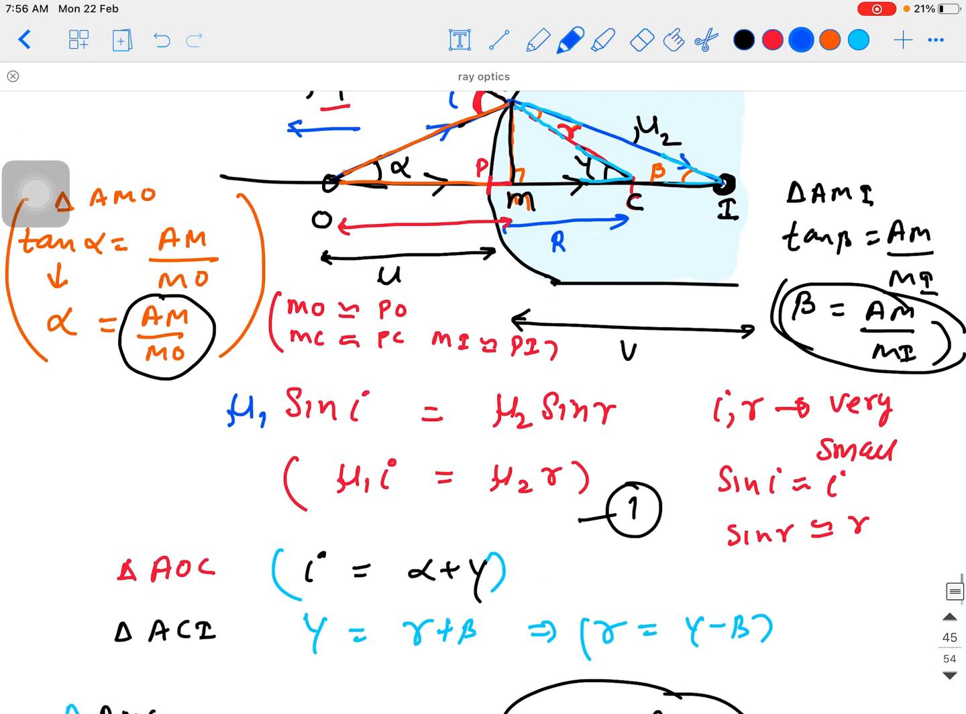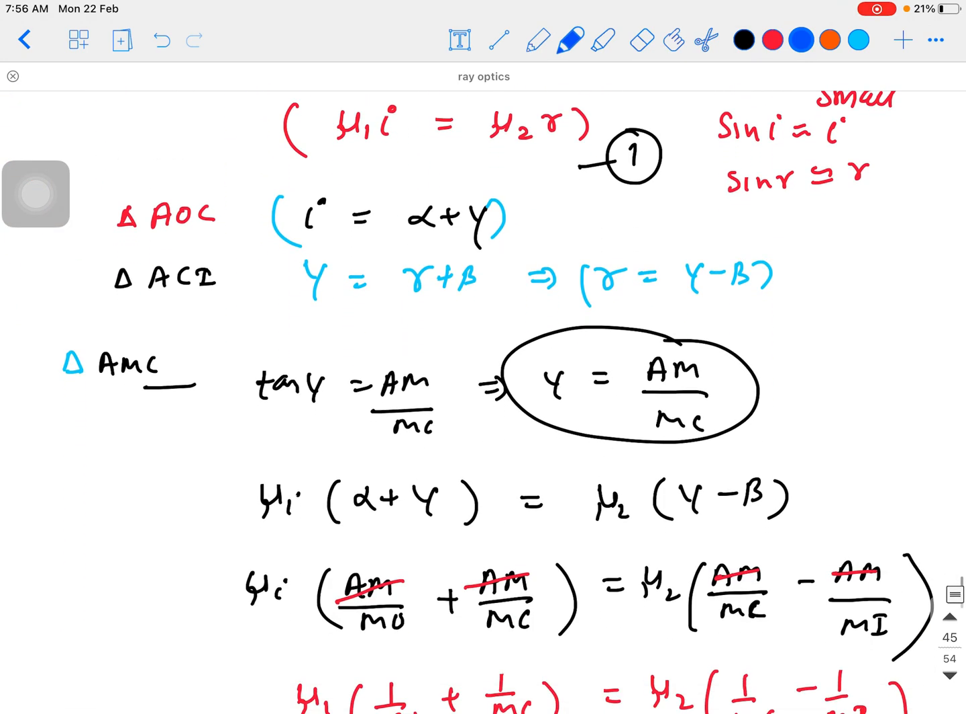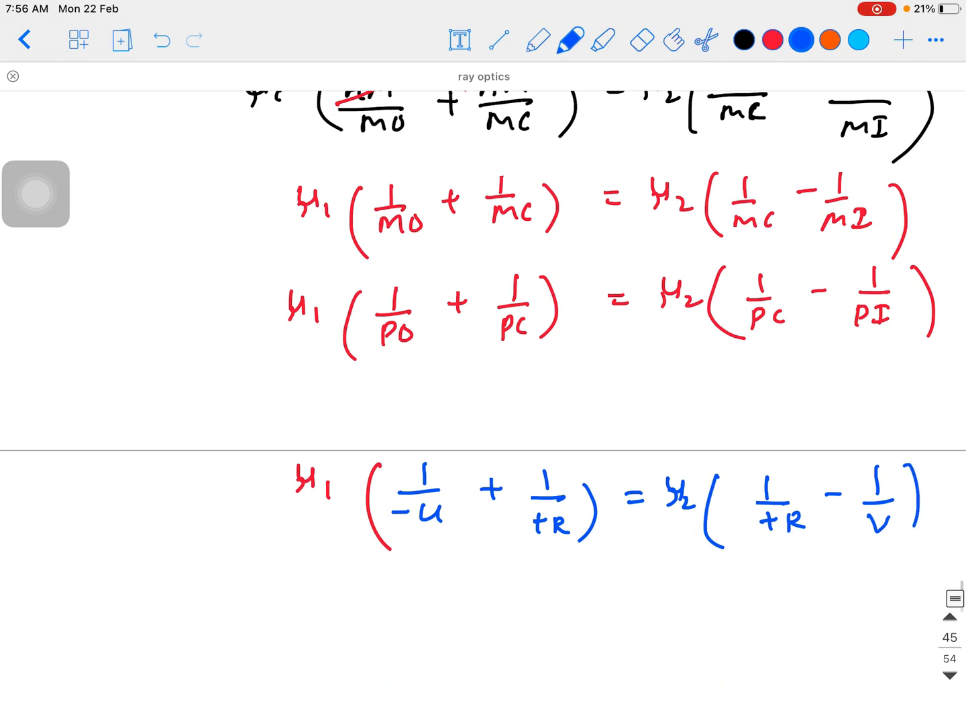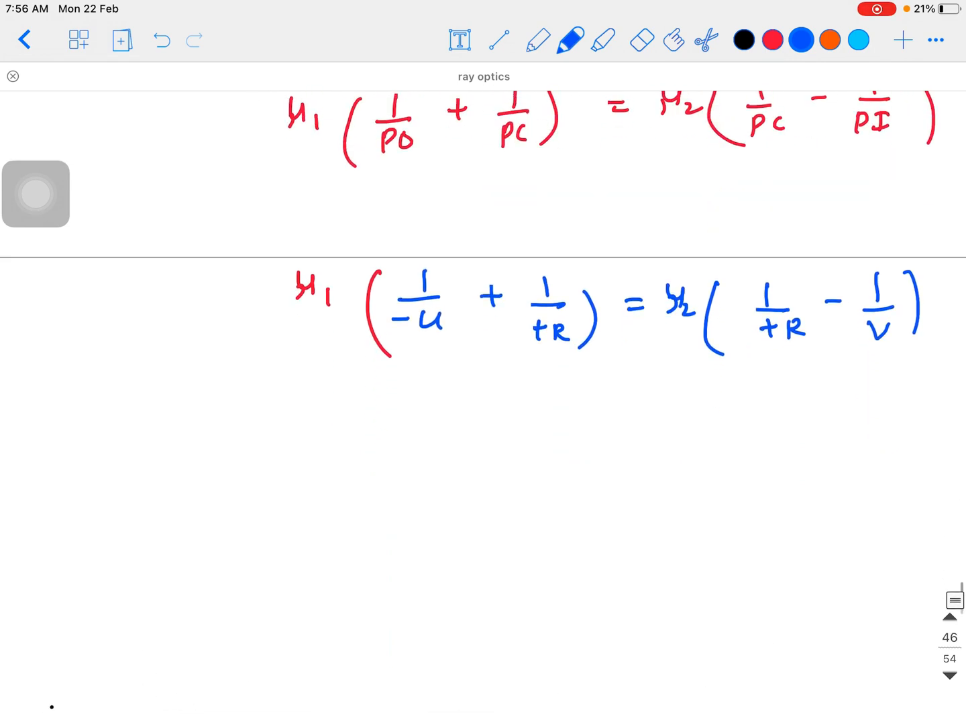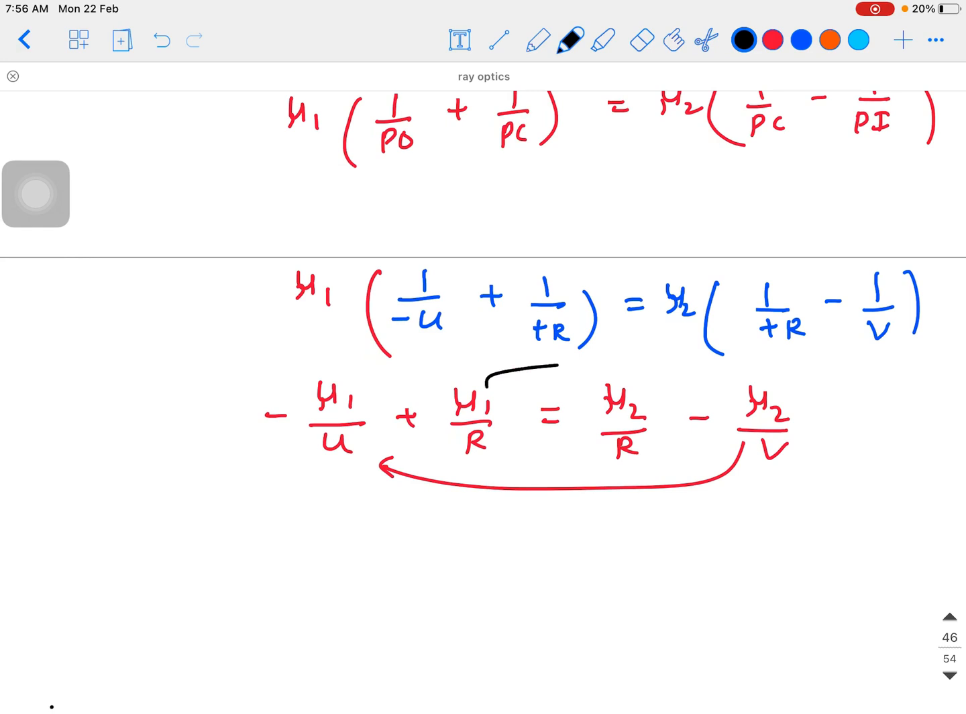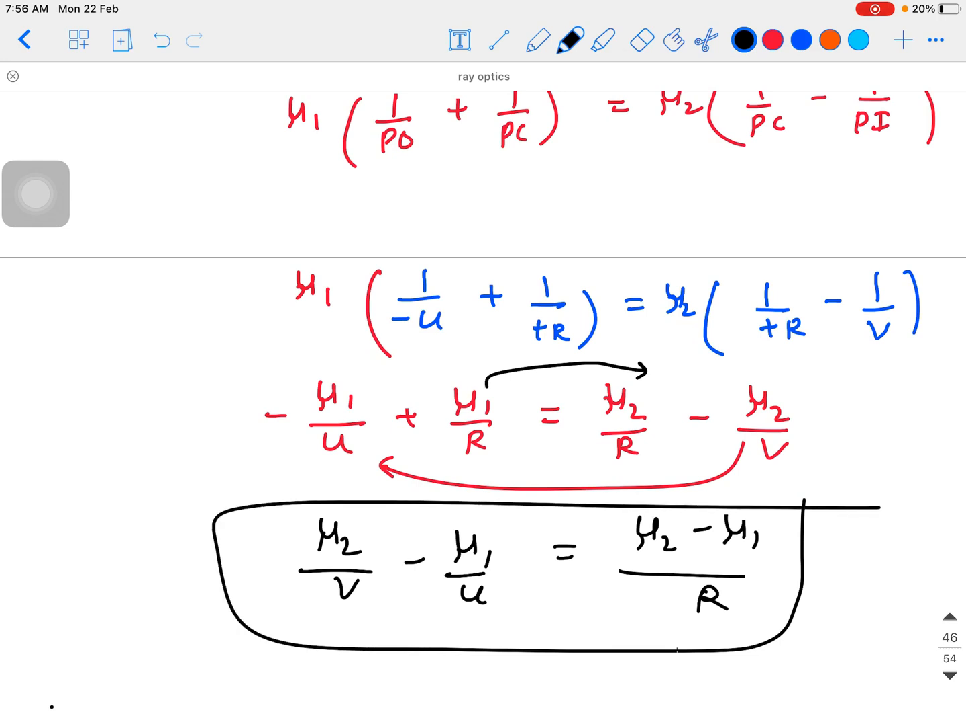This image I am getting here, PI, image distance, this one is v. In this direction I will take positive because that is the incident ray direction. I will write v here. So what will I get from this? If we solve this, mu1 by minus u plus mu1 by R is equal to mu2 by R minus mu2 by v. I will bring this to this side and this to that side. So I will write mu2 by v minus mu1 by u is equal to mu2 minus mu1 divided by R. And this formula is very